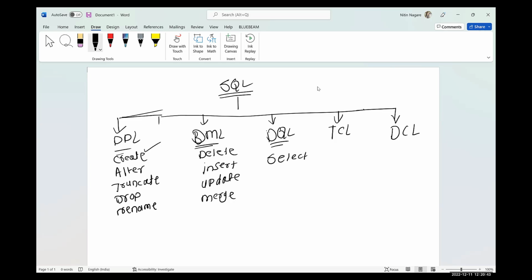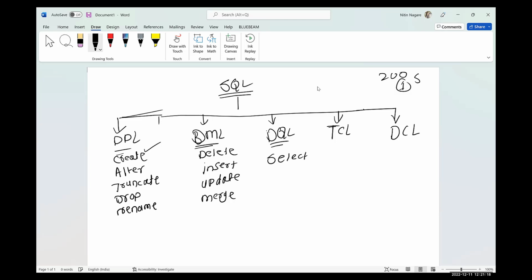SQL is designed to fetch data from the database, and to request the data we use select only. Whether it's a 200 line query, a single line query, or a 1,000 line query, it starts with select only. Just keep in mind.